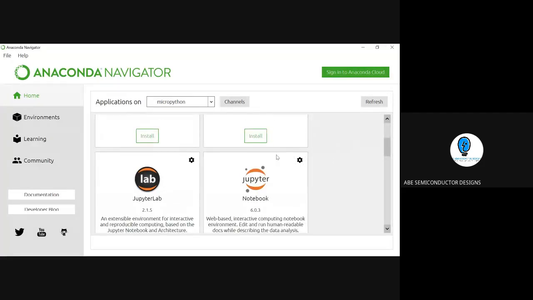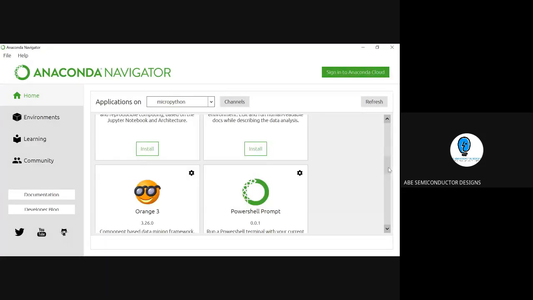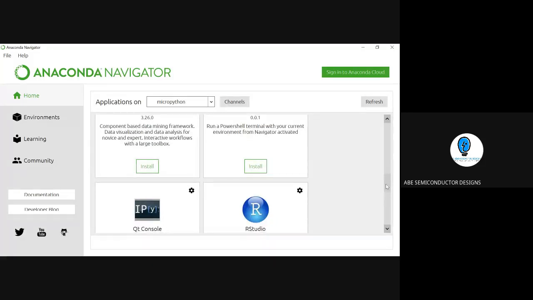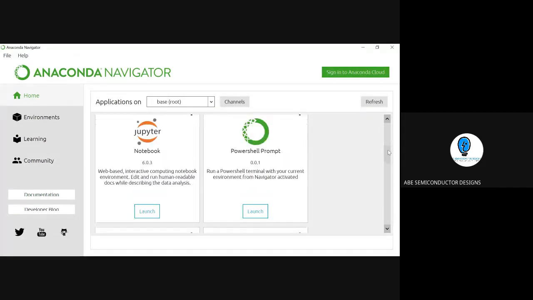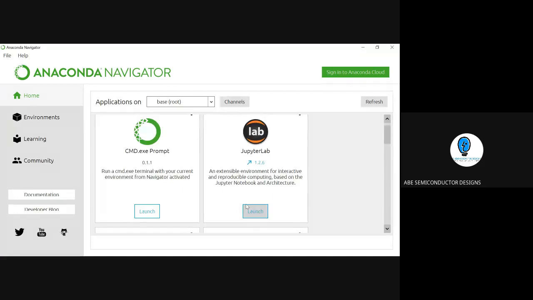It shows everything to install. The IDE which is there, it shows everything is installed. We need to install it because it is a newly created environment. Whereas the base root, which we have worked on, kindly check it out here. So you can check it out here. This is the logic. It has been under launch. So in this environment, I have installed everything. And in the case of MicroPython, it is not installed properly. So we have to install everything and then launch it.